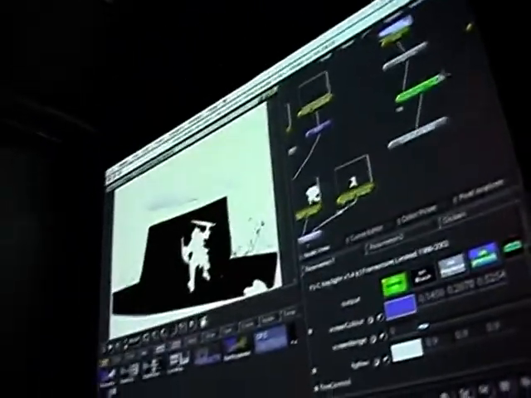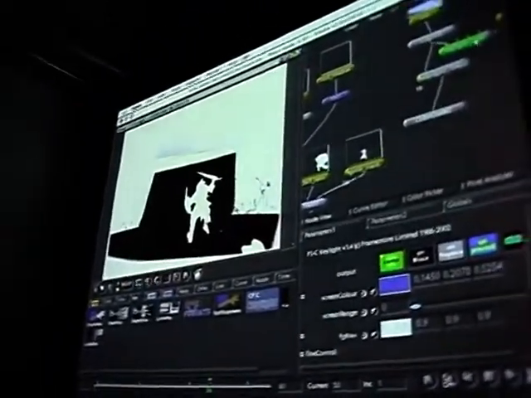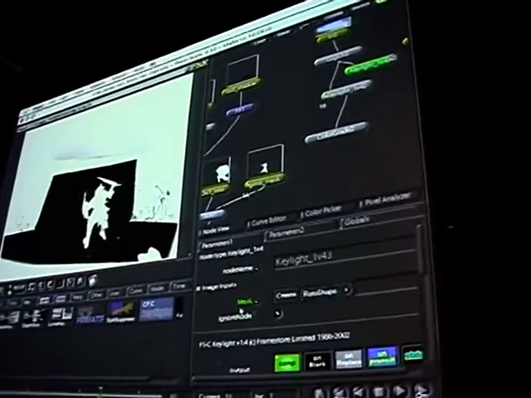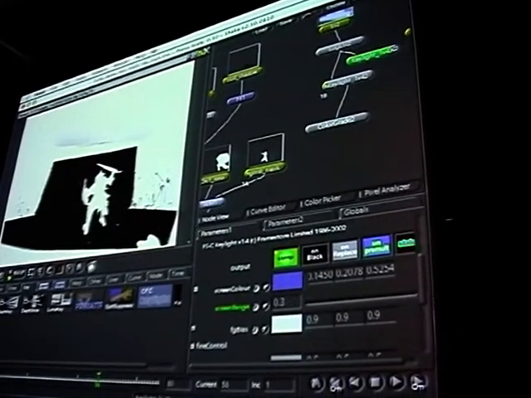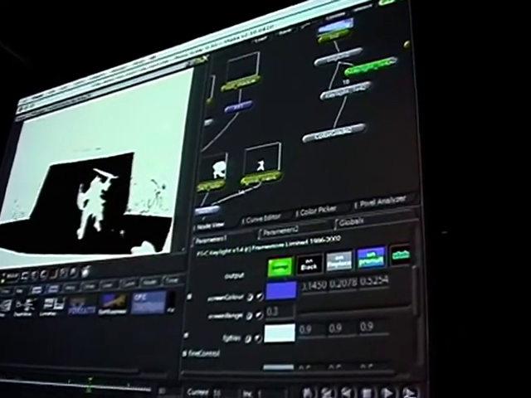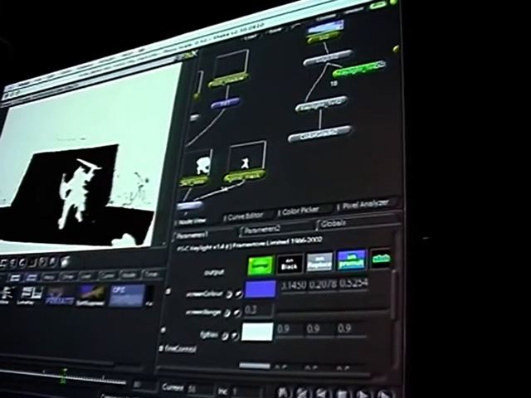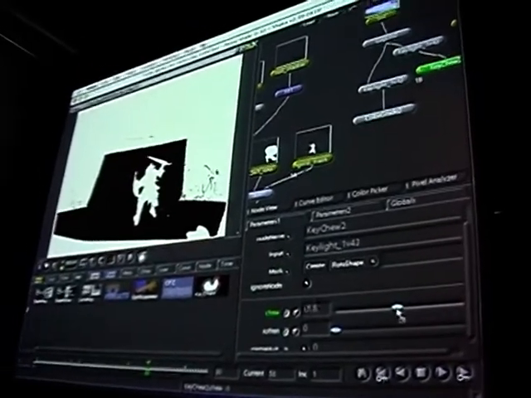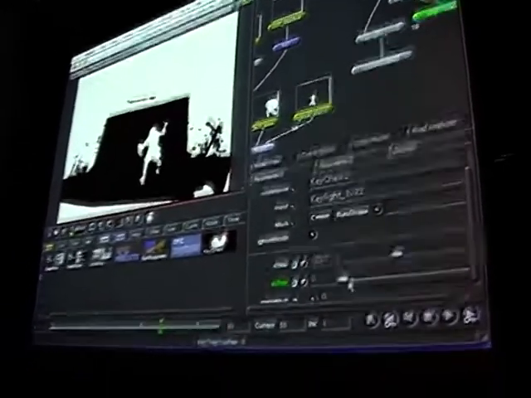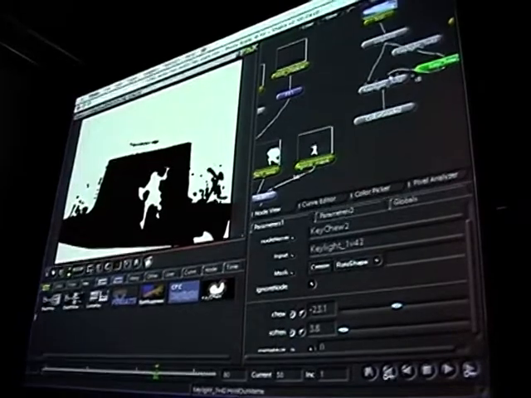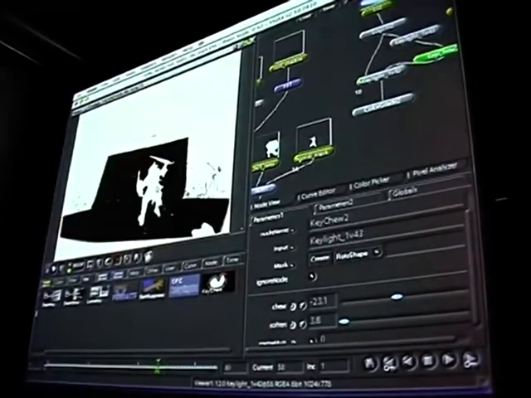So here, for example, I have a little bit of a problem. So maybe I want to take a second key and just increase the contrast on that, and then maybe chew down the key a little bit so it's a little bit smaller, maybe soften it up a little bit. Then I can feed that back into the other keyer, and so you really come up with a more solid